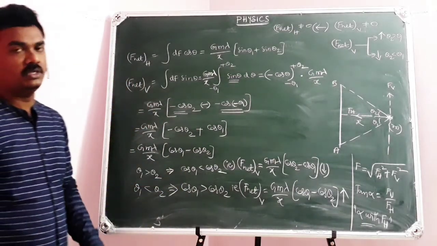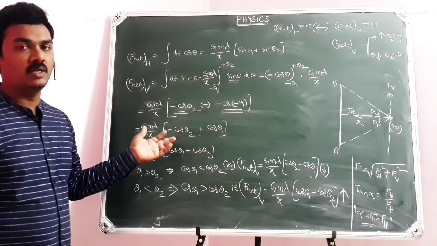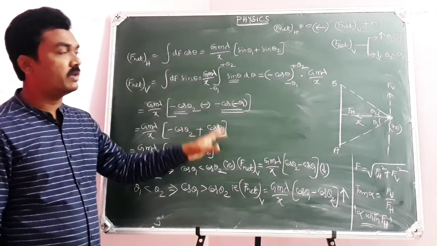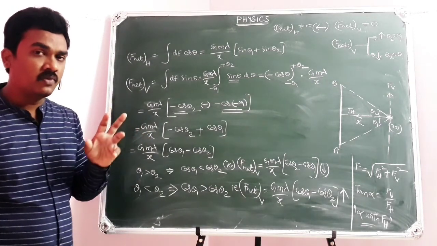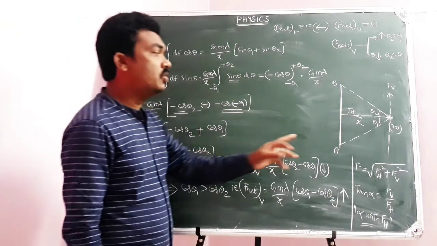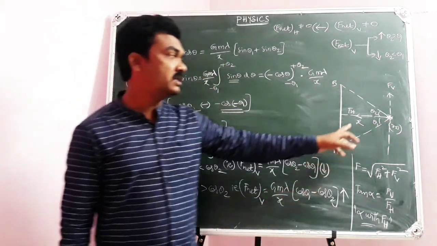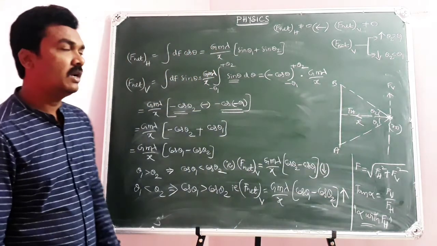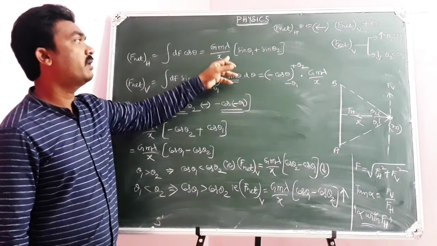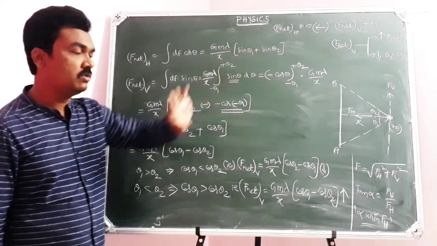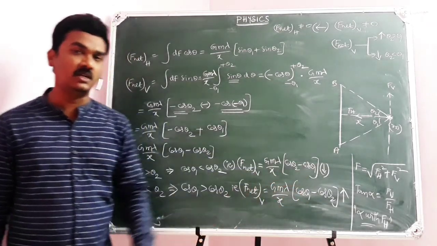This is the final conclusion of the calculation. Earlier, whatever the derivation, whether you learned or not, the conclusions are very important. So what is the question? What is the force of gravitation due to a rod on a point mass at a perpendicular distance x? We'll have two components, Fh and Fv. Fh is Gm lambda by x into sin theta 1 plus sin theta 2, and Fv is Gm lambda by x into cos theta 1 difference cos theta 2.